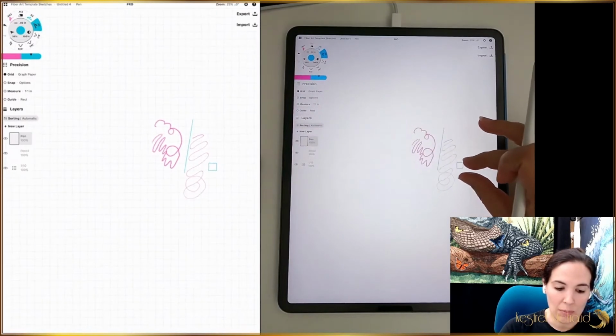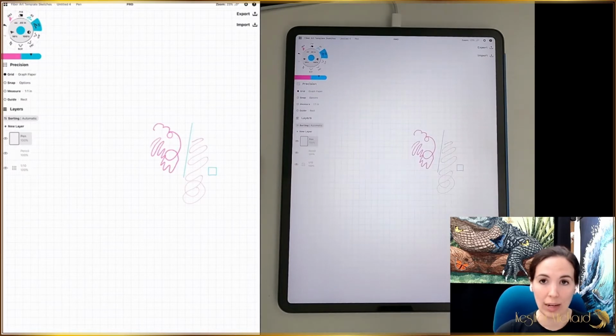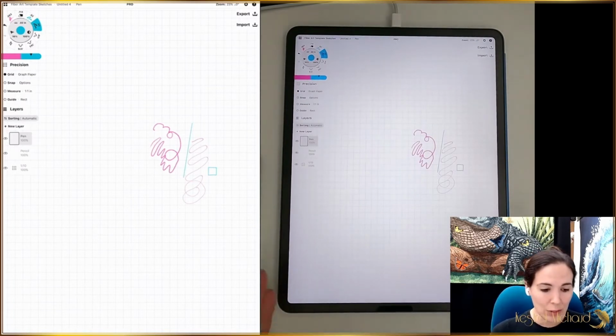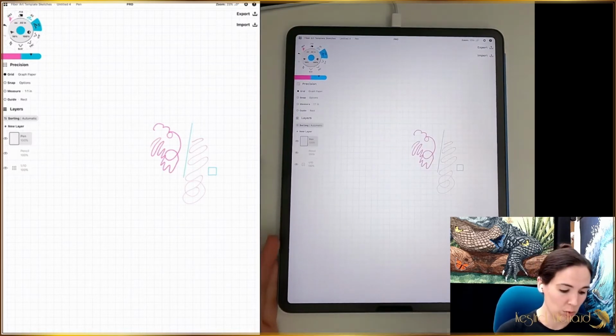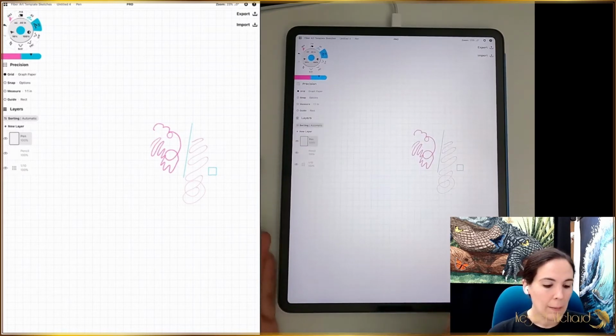So having the grid makes it easy to tell how big my drawing is going to get, because I'm drawing it at literally 1-to-1 scale. I like to draw at 100% size. So even though this iPad Pro is the 12.9-inch model, meaning it's about 12.9 inches on the diagonal screen, I want my drawing to be drawn at 1-to-1 scale at 100% size